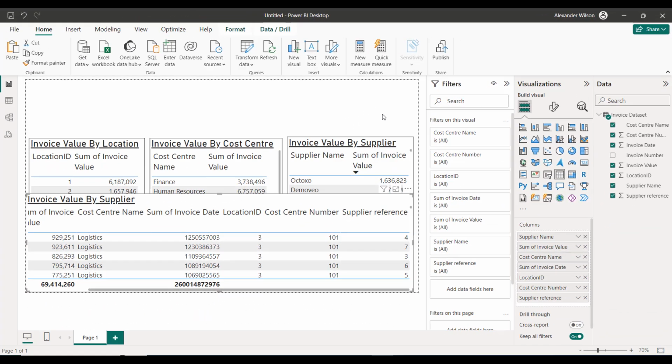Now we could have changed this in Power Query when we were first transforming the data set, but we didn't for a couple of reasons. Now I wanted to show you early on in the course how to get back into Power Query without using the Get Data button. This allows you to make changes to Power Query code as you go along in the report view.